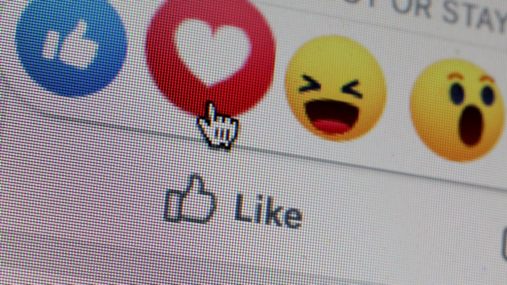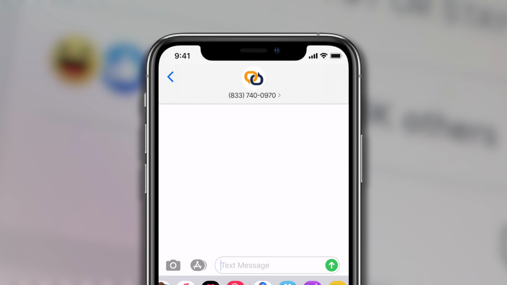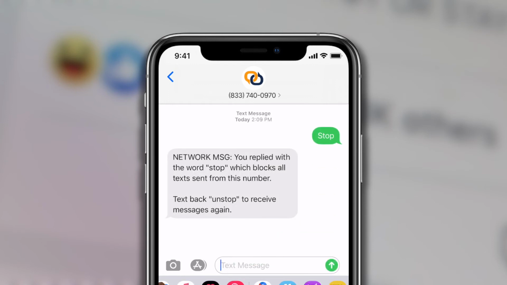If your contacts want to opt out of receiving your texts for any reason, all they need to do is reply STOP to your message. It's a universal keyword, and they will no longer receive texts from your business. If your contact misses you and wishes to start hearing from you again, or they opted out by accident, they can simply retext the designated keyword to rejoin.